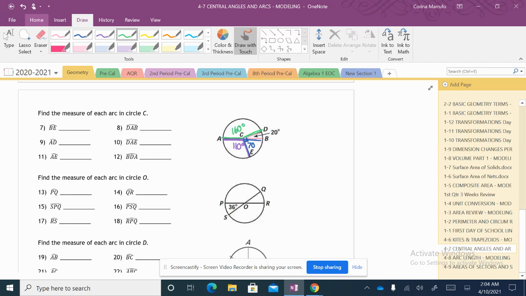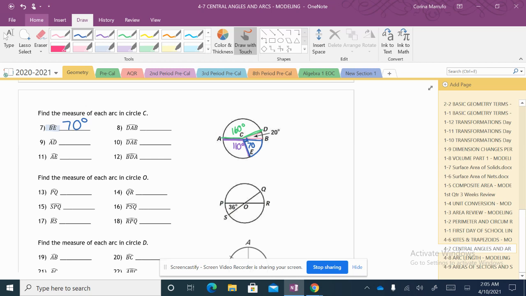Okay, so now we're ready to answer the question. The first one's asking us for arc BE. Arc BE is this little piece right here. Now the arc measure and the central angle are going to be the exact same number. Sorry, I forgot to point that out. So that is 70 degrees. And it's only with the central angles. The next one is